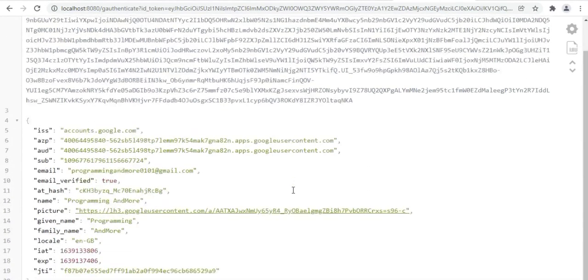So this is how the response looks. We got our email, we got whether email is verified or not, and we got @hash. Now if the email is not registered into our database, then we'll use this @hash as our password, because see, every time you refresh it remains the same, which is CKH3BYZQ.